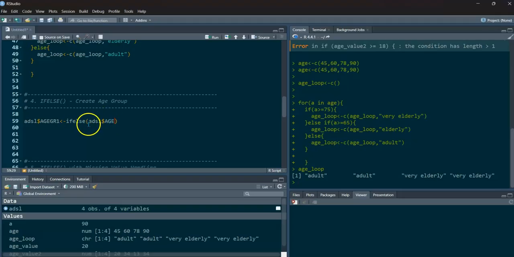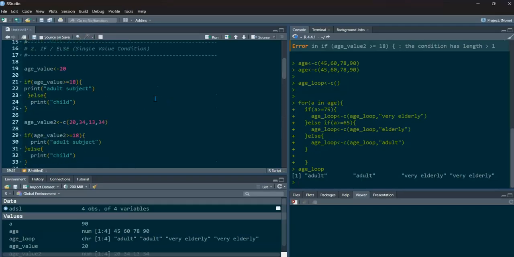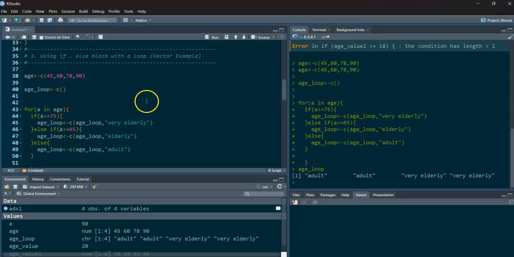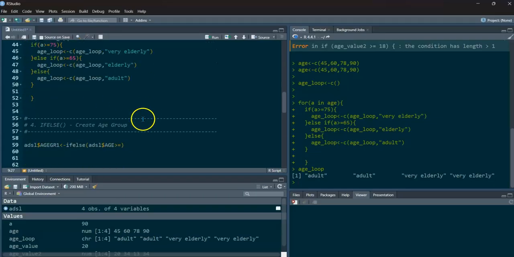Okay, in that we have to provide, first, the condition. Okay, age greater than or equal to 18. If age is greater than or equal to 18, that person is an adult, otherwise a child. Okay, the same situation I'm using. Okay, greater than or equal to 18. This is my condition. This is my ifelse function, and in that I am just giving the condition. No need of using any curly braces, just a comma and write